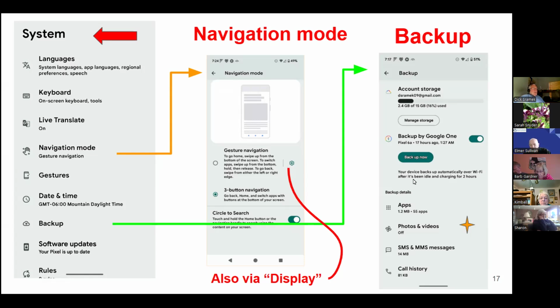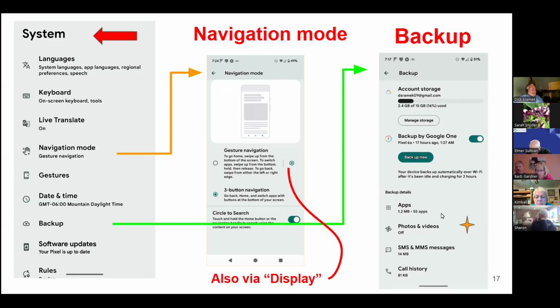And you have some control over what on your phone is backed up. So here's a list of what on my phone I'm backing up to Google One. I'm still using the free backup. I'm not paying for it yet. If you get over 15 gigabytes, to get more, you'll need to pay for it. So I'm still in the free range, but I'm looking at my apps,